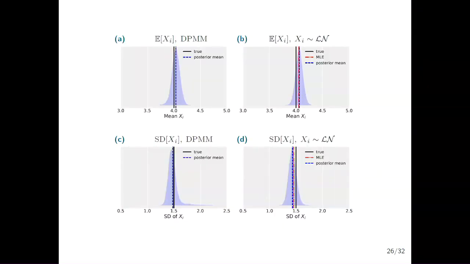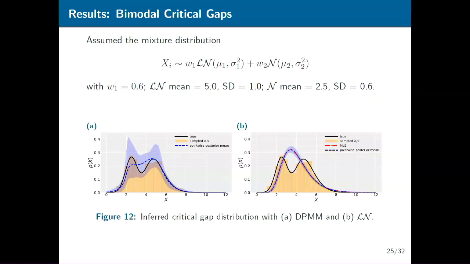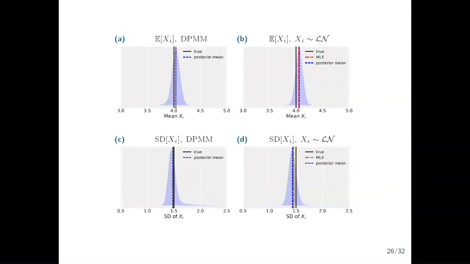This is what the posterior distributions look like for the mean and standard deviation of the critical gaps. You have the Dirichlet process mixture prior on one side and the log normal on the other side. The short answer is they look pretty much the same. So the whole Bayesian non-parametric stuff, very cool. And if you are interested in inferring the latent critical gap distribution features, for instance, you might want to draw some inferences about the subpopulation of risky drivers and conservative drivers and so on, then it will be useful. But if the goal is only really to estimate the mean and standard deviation, probably it's not really worth going through the hassle.